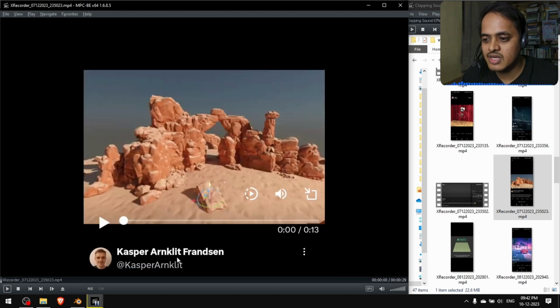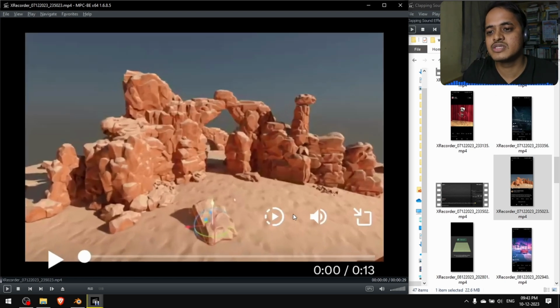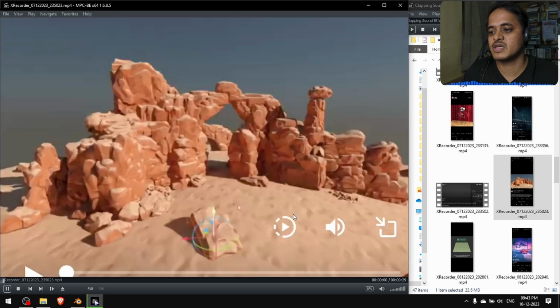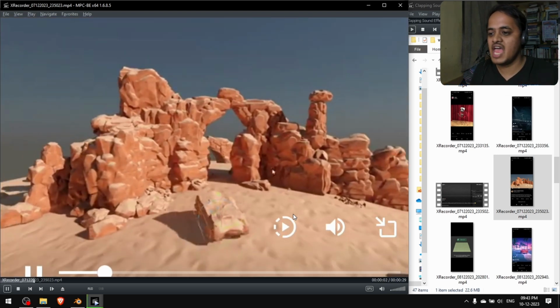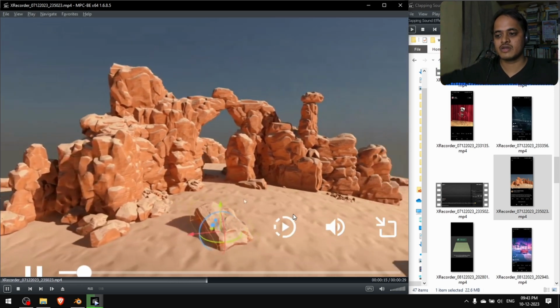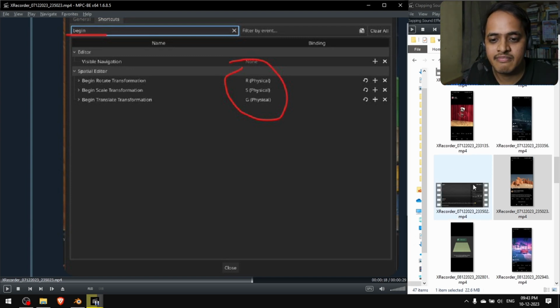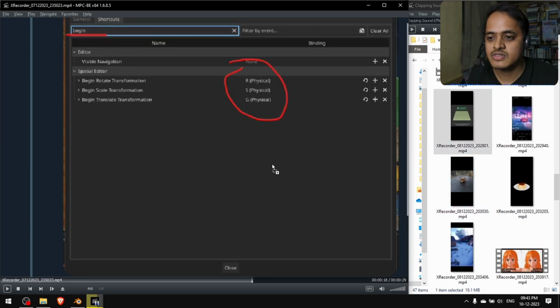Casper, Arnclit, Franson. They're not able to compete with the big giants because they are not getting that much development funding. If you start funding these companies, you can use it as long as you can because these are open source software. No need for license fees ever in your life, and it has huge backing from different people from different communities. Begin rotate with R, begin scale using S, begin translate using G. What more do you want in your life, man? So support these softwares,